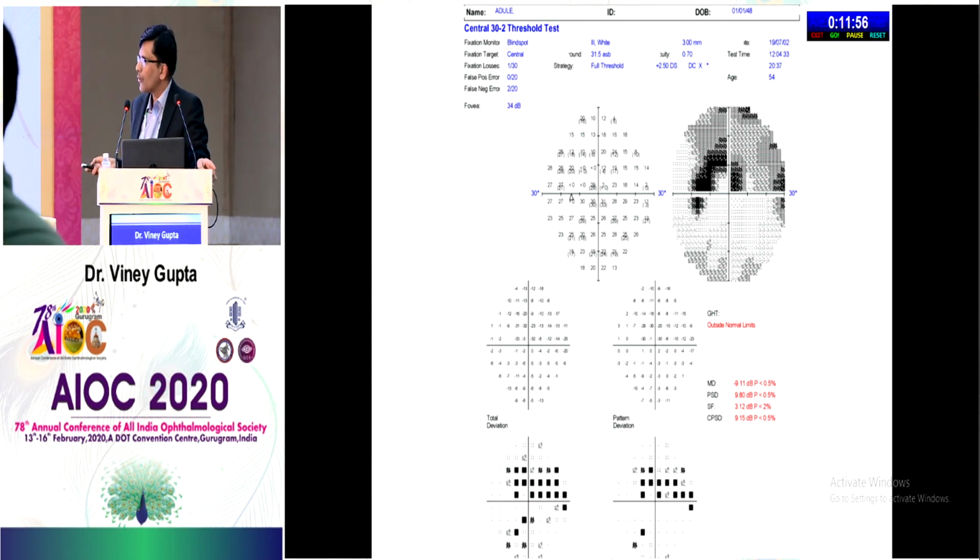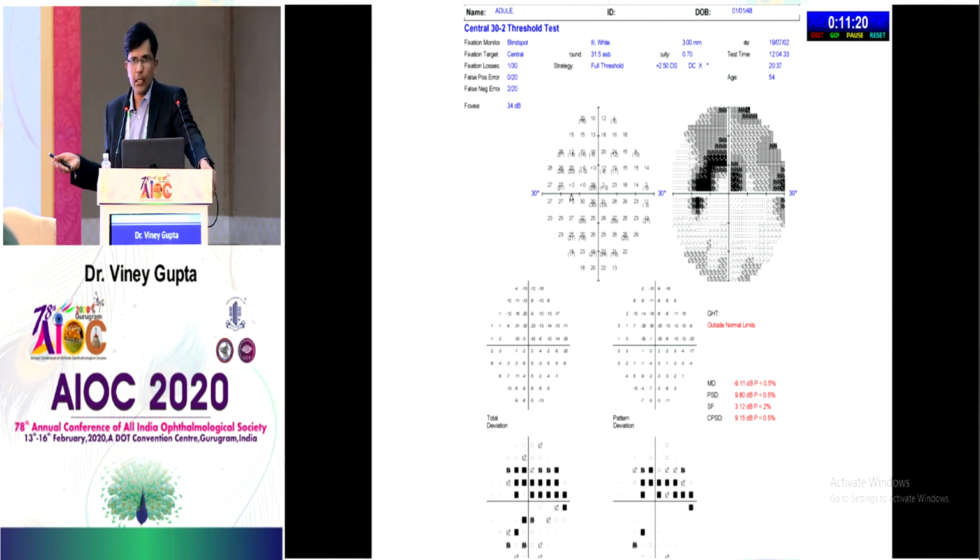How do you think this looks? So this shows you something of a scotoma. Yes, it shows you like a superior scotoma. Yes, does it qualify those three criteria that I told you? There are 3 points contiguous. Yes, in the Jerem's area, in that arcuate area. Okay, so therefore the likelihood of this being glaucomatous is high. The GHT is also outside normal limits, and you can see this arcuate defect here. So what you would say is that the likelihood of this visual field being glaucomatous is high, but you would always like to correlate it clinically. You would like to see the optic disc before you actually confirm it to be glaucoma.